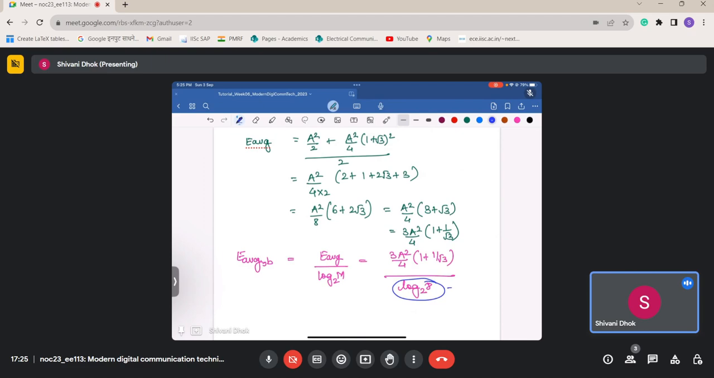Now this quantity is equal to log 2 cube to the base 2, which is equal to 3, and this 3 and this 3 get cancelled. So what we are left with is A square by 4 into 1 plus 1 by root 3, and this thing is basically average